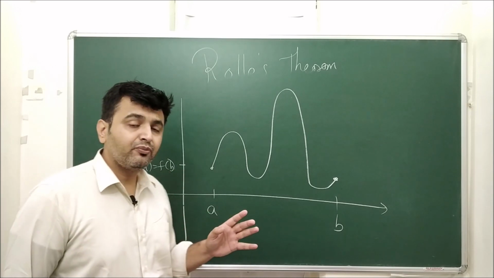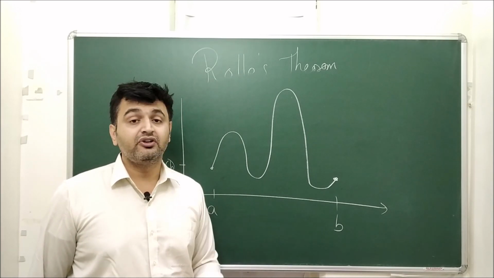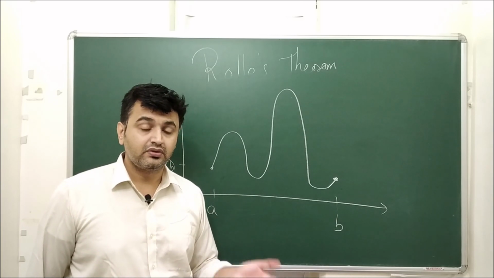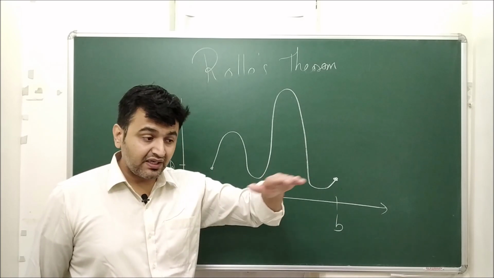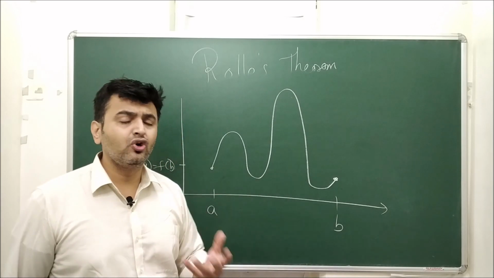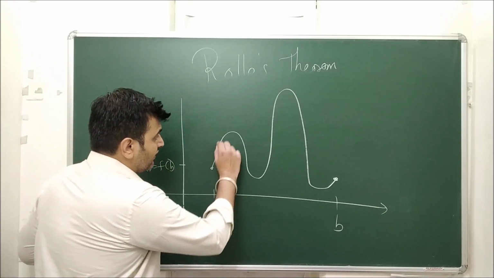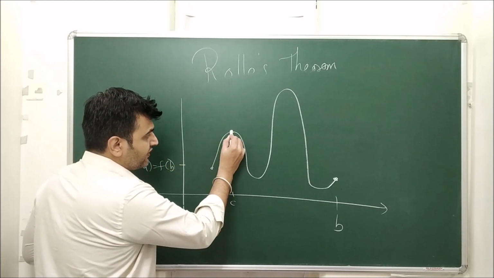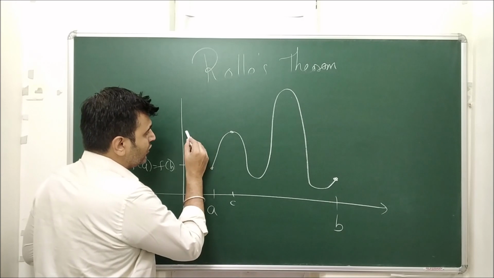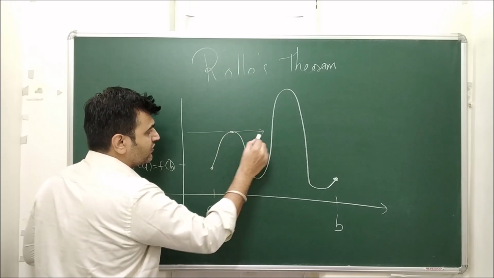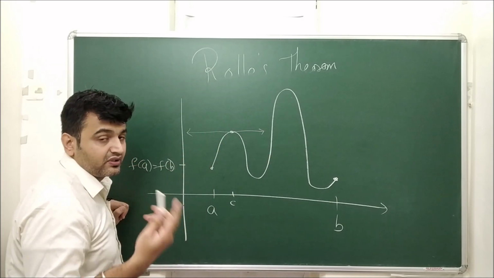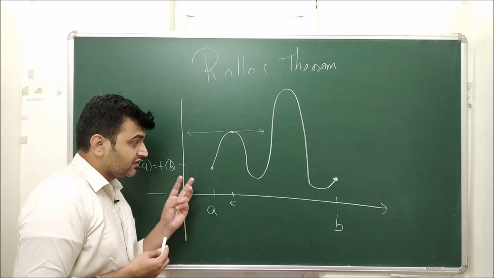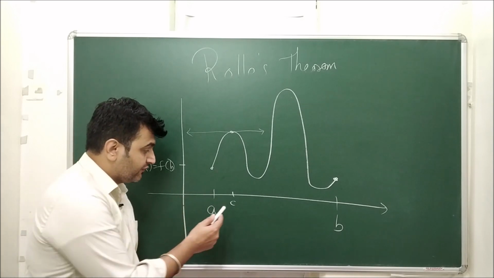Now can you give me a point where the derivative is 0? Derivative 0 means the slope of the tangent line is 0. That means the tangent line is parallel to the x-axis, the horizontal line. As you can see, a bump over here. If this is my c, this point is c, f(c). How does the tangent line at c, f(c) look? It will be a horizontal line. What is the slope of the horizontal line? 0.